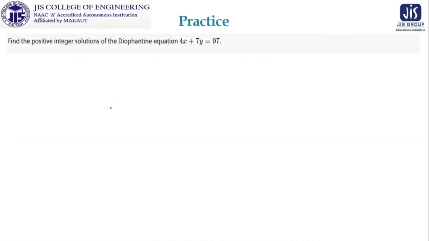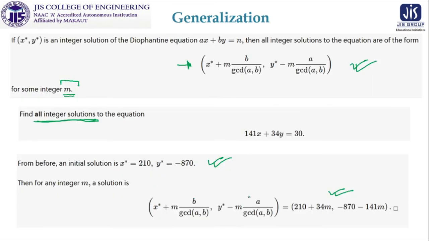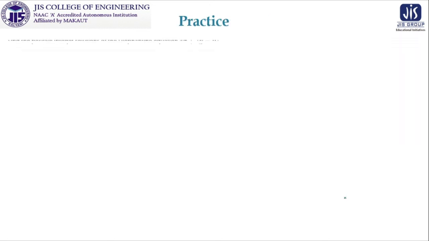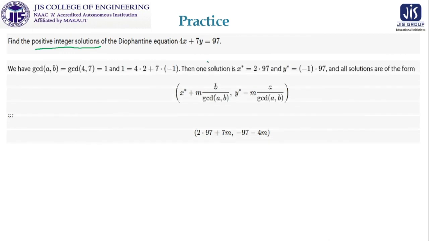So we are taking the problem as find the positive integers. In the last problem we have seen all integer solutions. So this will be the form, and putting in the values of m we can get all integer solutions. But what is asked here? Here only positive integer solutions are asked. We have done these types of problems by our intuition in some informal way in this class, just 3 to 5 slides prior. But now we are using the Diophantine equation concept and the GCD. So 4x plus 7y is equal to 97. GCD of 4 and 7 is 1, so obviously it will be divisible.